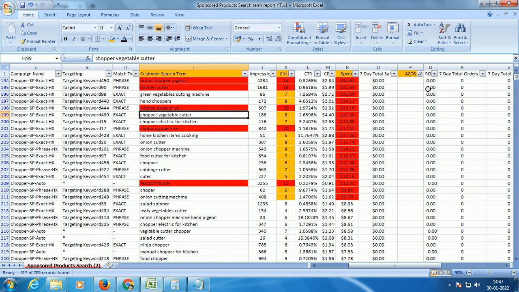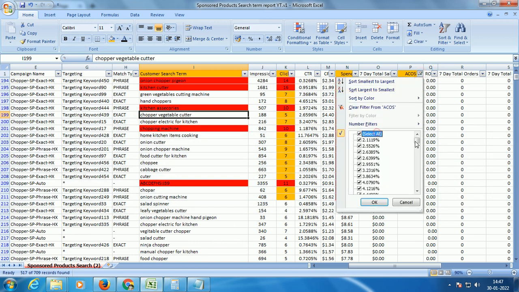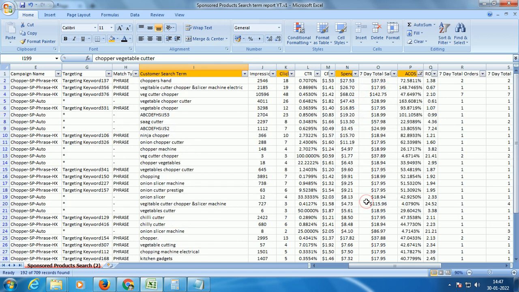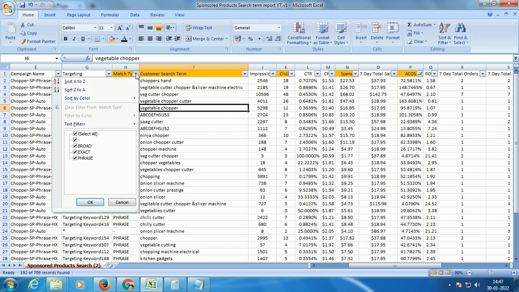Now we will look at the cells where there is some ACOS. I'll remove blanks here, right? So now I'm looking at the cells where there is some ACOS. Once we are here, I would also highlight one more cell, which is our match type. I would always want to start with my auto campaigns. When you filter this match type, a small hyphen means that it's an auto campaign. You also have broad, exact, and phrase, so there are other match types here. I will first start with our auto campaigns, right?